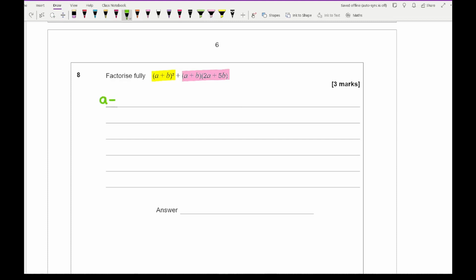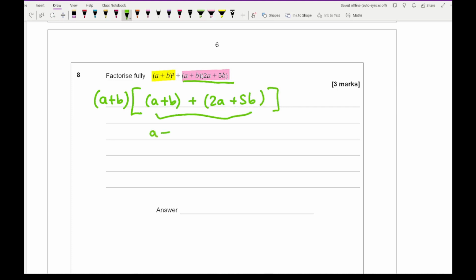So if I take a plus b as a common factor out, then here what do I need to multiply a plus b to get a plus b squared? Well, I need another a plus b. And what do I need to multiply a plus b to get this expression here? Well, I need to add 2a plus 5b. Then if I join these things together, I get a plus b plus 2a plus 5b. Then collecting the like terms, I get 3a plus 6b,